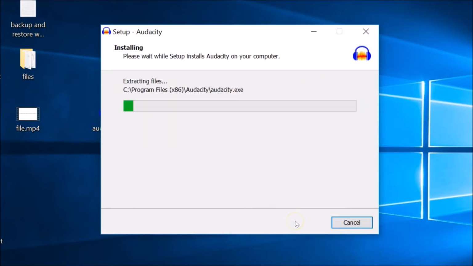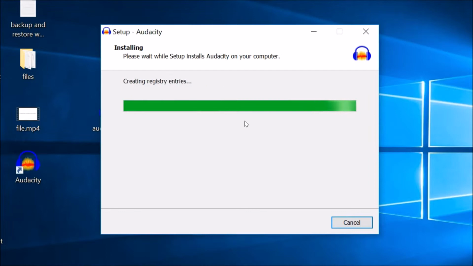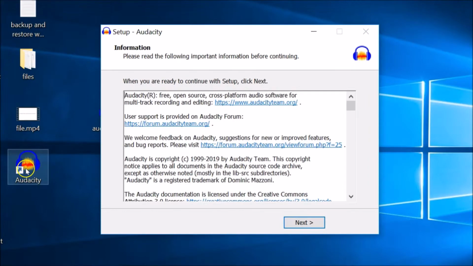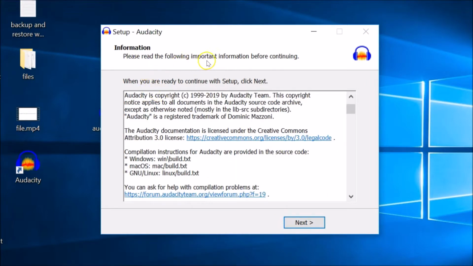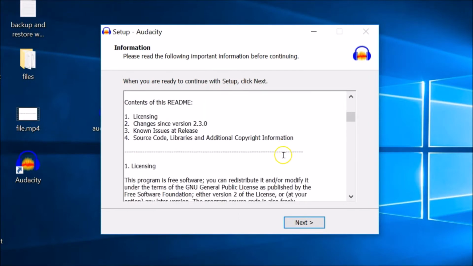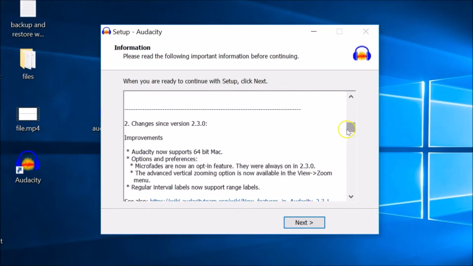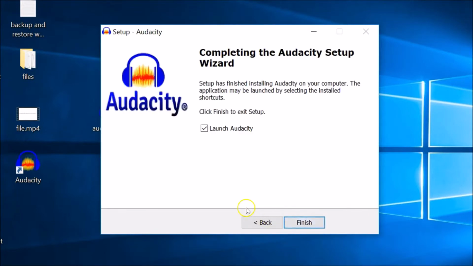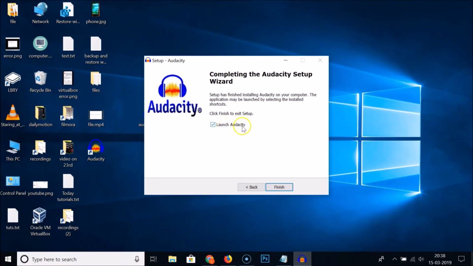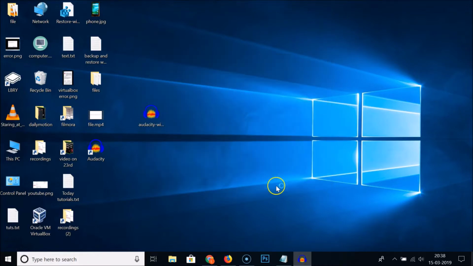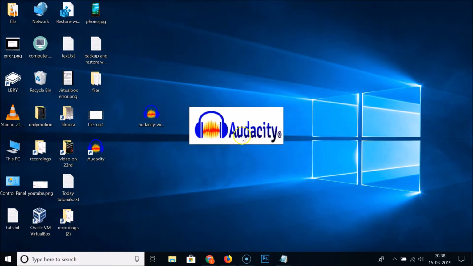Click on this install button. So you can see it's installing, so it can take some time. Let's wait. Okay, you can see, please read the following information before continuing. If you are interested, just read that. Okay, and after that, just click on this next button, and here we have the launch Audacity. So just click on this finish. Okay, so it's launching,